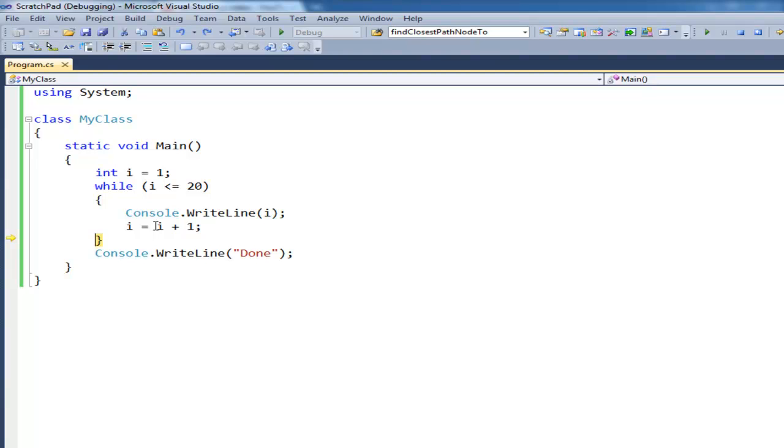So then we get to the end here and we go back up to our test. And while i, oh, look at that, i is 2, 2 less than 20, yes, repeat. i gets i plus 1, so i is now 3, repeat. And it does this, so on and so forth,